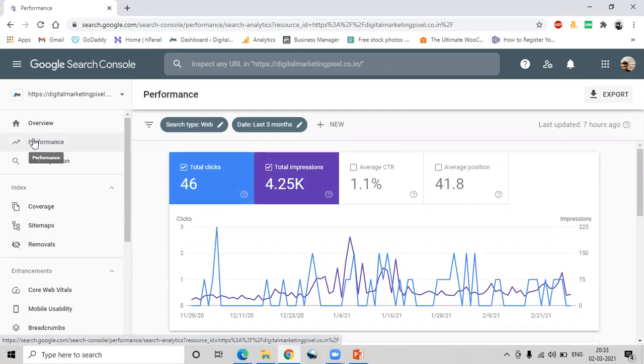Okay, so it will tell all the related information about your website. Okay, so it is a useful tool.